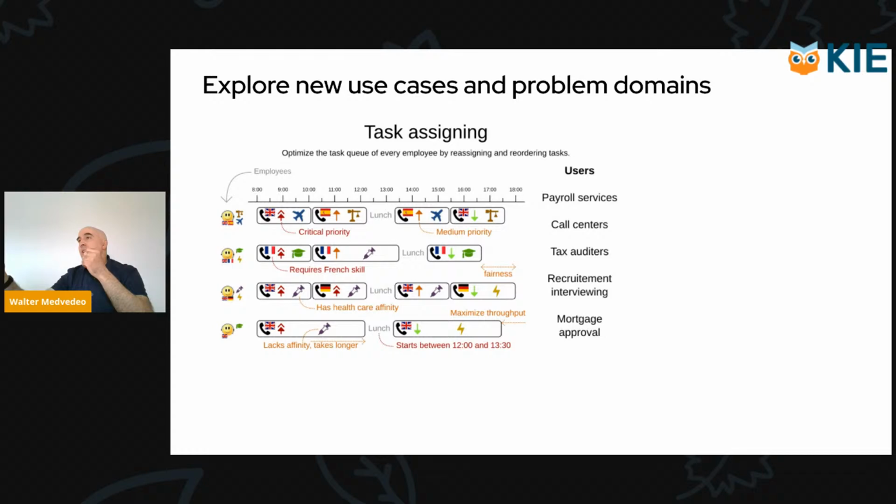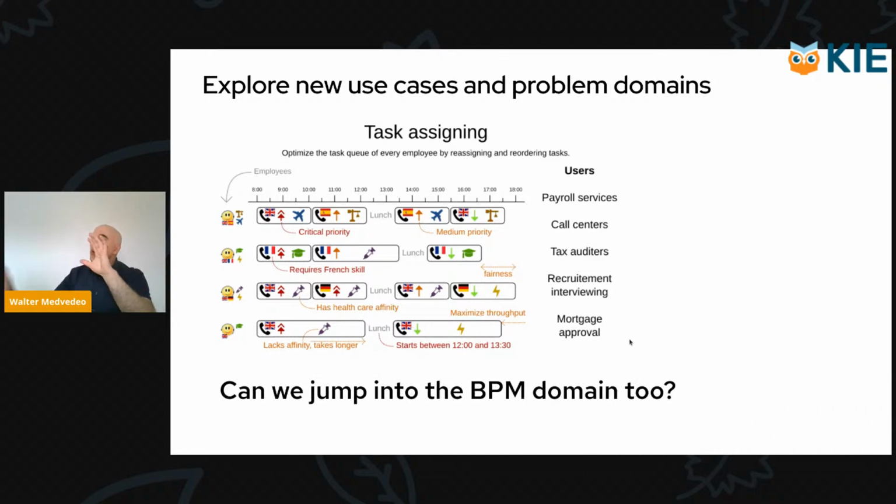Also, another thing that is important for us in OptaPlanner is to consider more and more use cases and problem domains, right? Really, the task assigning problem is not new for OptaPlanner. We already have examples and use cases, for example regarding call centers, that show that OptaPlanner can tackle this problem, right? But what we want here is, okay, we know that the task assigning problem is something that OptaPlanner can deal with, right? But what we really want here is, okay, can we also jump with OptaPlanner into the business process